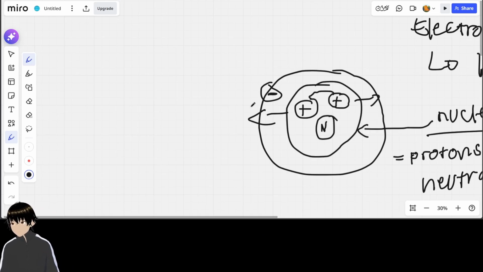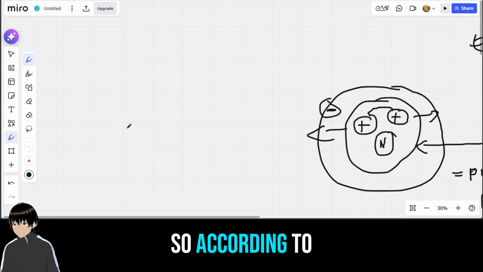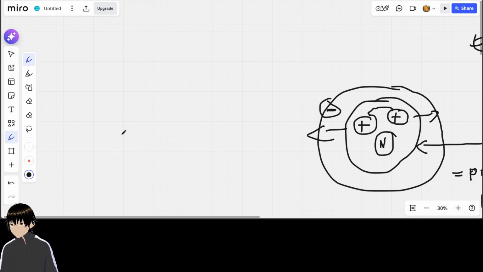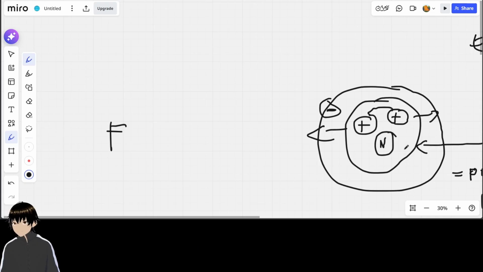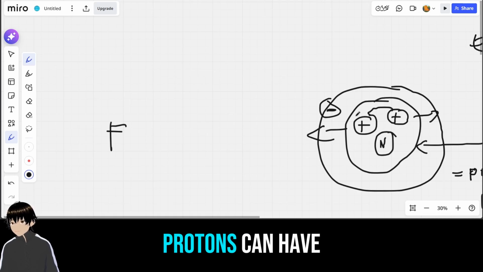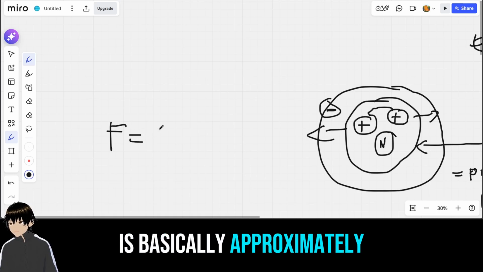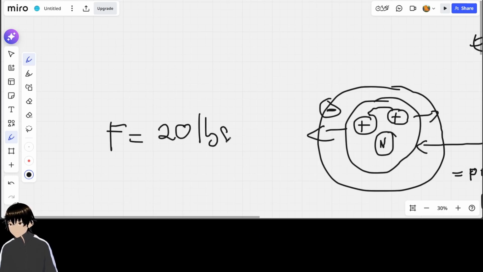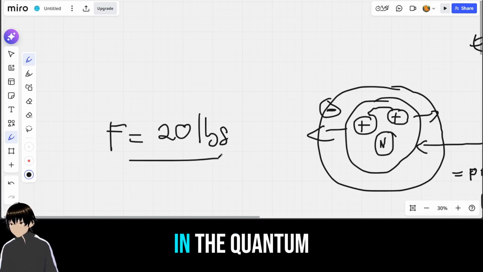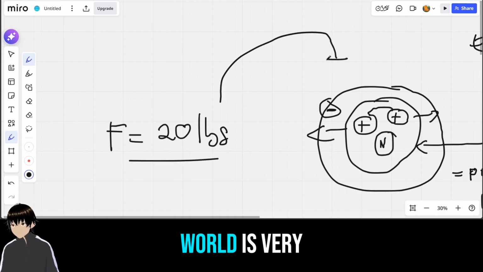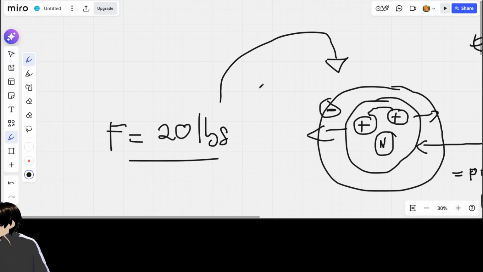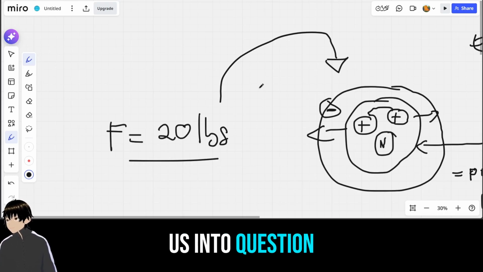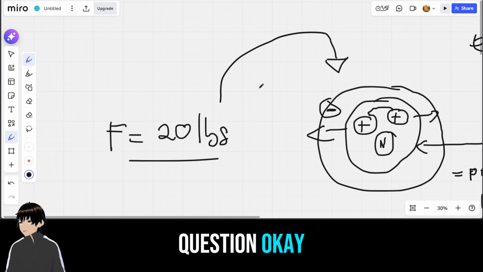According to scientists, the force of the repelling behavior of these two protons is approximately 20 pounds. And 20 pounds in the quantum world is very, very massive. That makes us question: